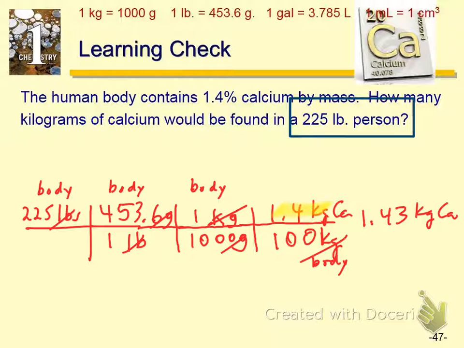Then it comes to the significant figure deal, okay? How many significant figures do I have? 1.4 has 2, and 225 has 3. When we multiply and divide like we're doing, we're only good to the fewest number of significant figures. So that would be 2. For 1.43, how many significant figures are there? 3. So what would it be in 2 significant figures? It'd be 1.4. So we're going to call this 1.4.